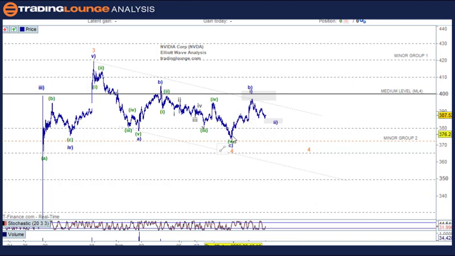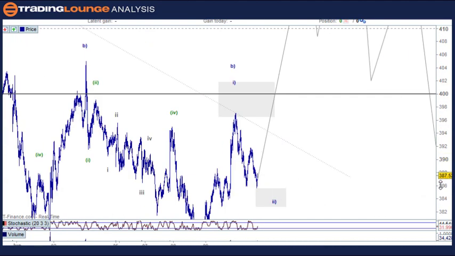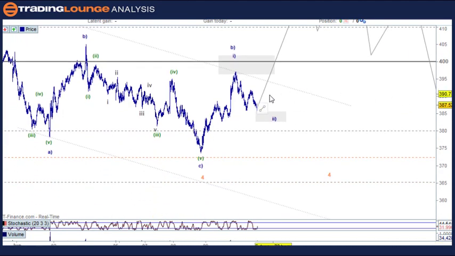But if this is 1 and 2, then this will be wave 3, which normally goes to the old highs. Take that with a pinch of salt. Wave 4 and then wave 5 here, and then a larger ABC pattern to come into play, and then up there. So you can see the situation. If you bought here, you might want to skim some off the top here and move back in over here. But in the meantime, coming back to reality for a moment,